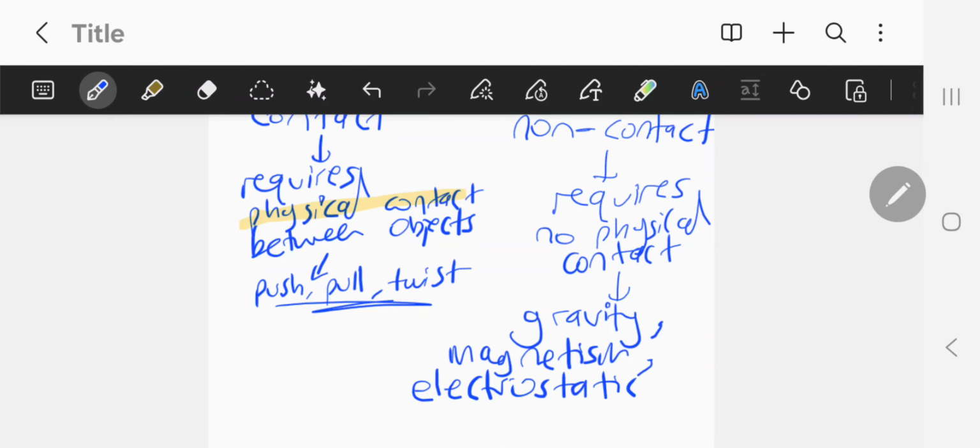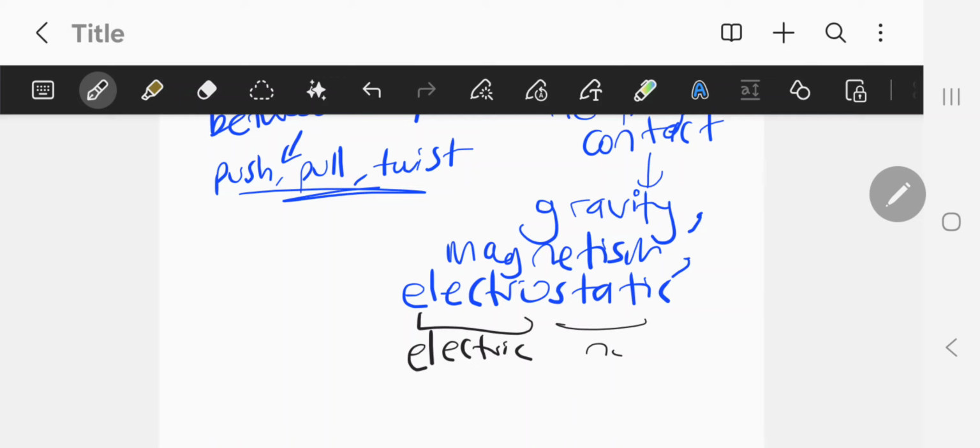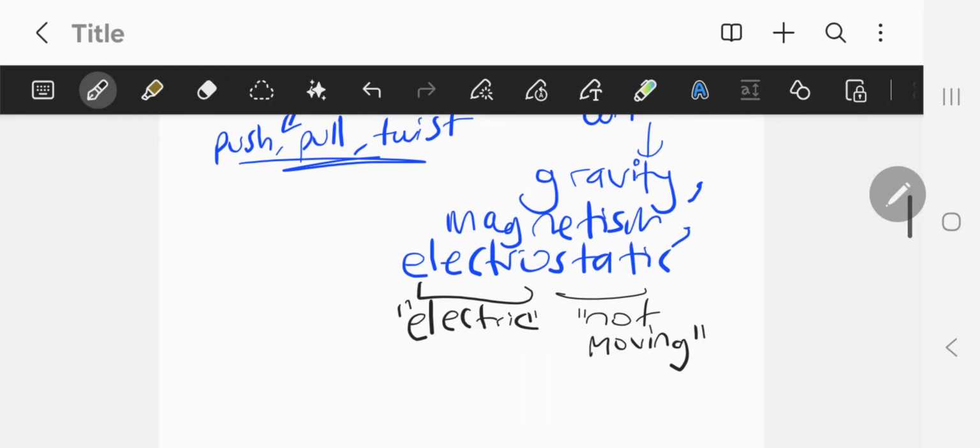Electrostatic. What on earth does that mean? Well, electro, think of electric. Static means not moving. If something is static, it's not moving. So put those two words together and you get electric charge that's not moving. Think of